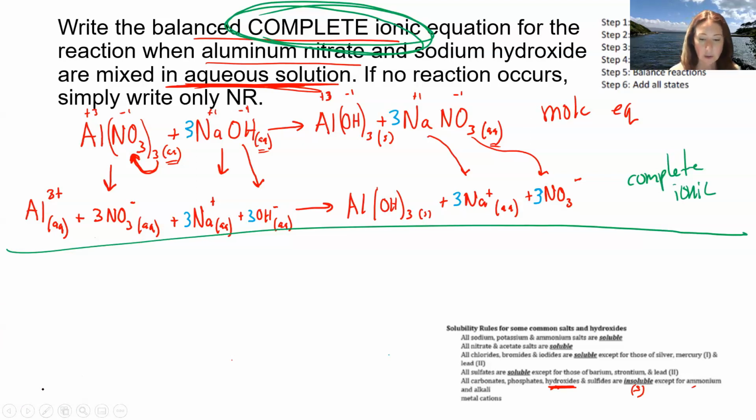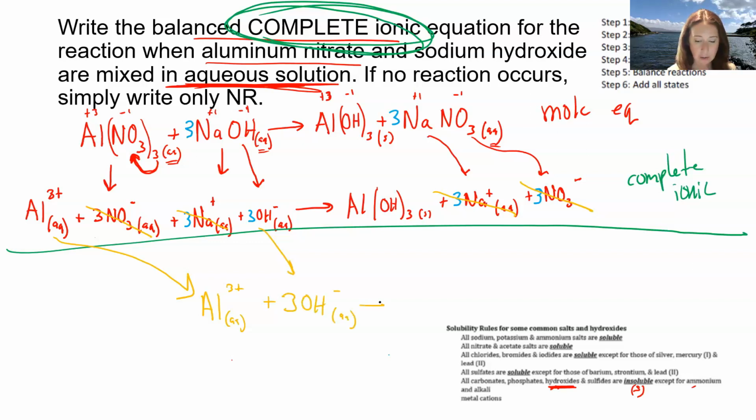But okay, what I want to do now, I'm just in orange, I'm going to keep going to net ionic. So when you know your answers are correct, when everything works out perfectly at this point, you see how there's 3 nitrates and exactly 3 nitrates and 3 Nas and exactly 3 Nas? When it works out like that, you're probably doing the problem correctly. And then you just bring down everything else. Al, Al³⁺(aq) plus 3 OH⁻(aq) goes to